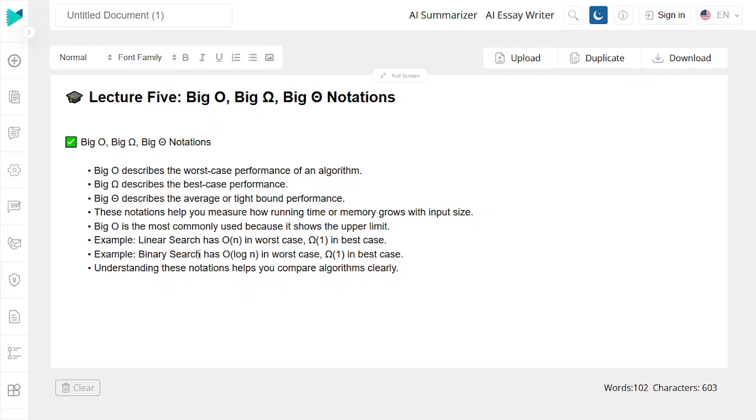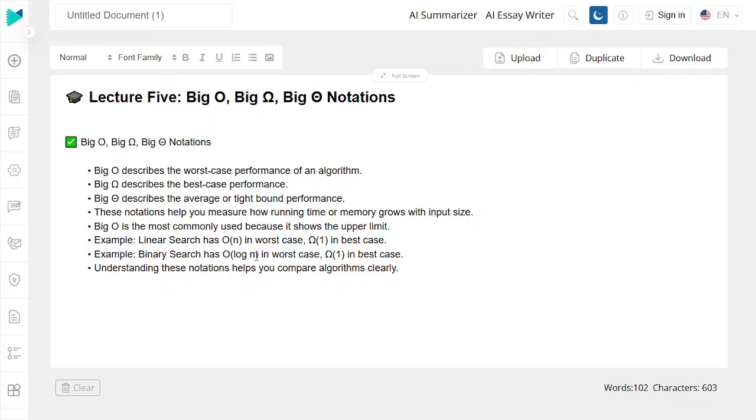And now if you look at binary search, you have O of log n in the worst case, which means the most time it's going to take to find data in a data cell is log of n, and it takes omega 1 in the best case, right?